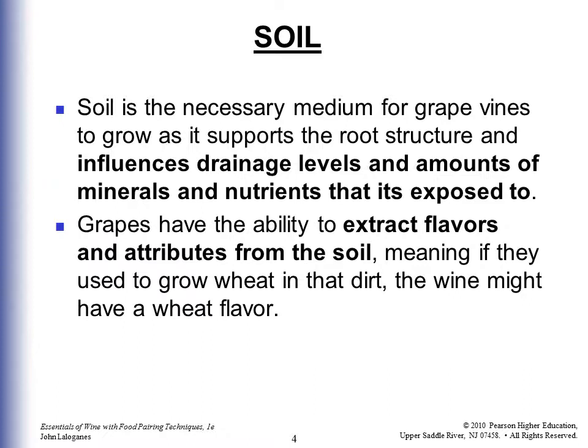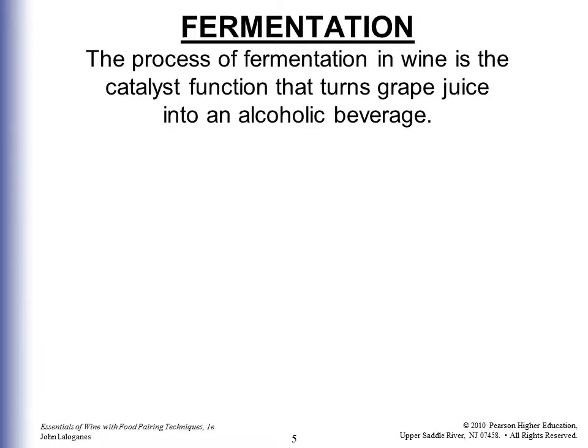Soil is, of course, a necessary medium for the grapevines to grow in, as it supports the root structure and influences the drainage levels, the amounts of minerals and nutrients that it's exposed to. The grapes extract the flavors and the attributes from the soil. So if you used to grow wheat in that dirt, the wine's going to have a wheat flavor. If you used to grow rice, it's going to have a rice flavor. If you used to grow grapes, no, you do grow grapes. If you used to grow apples,